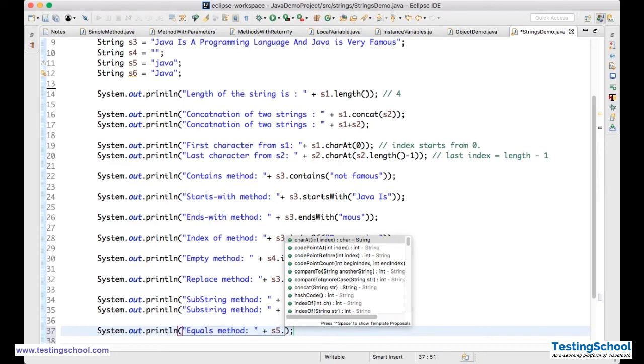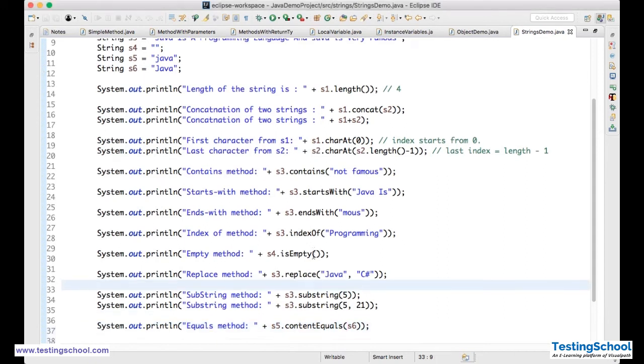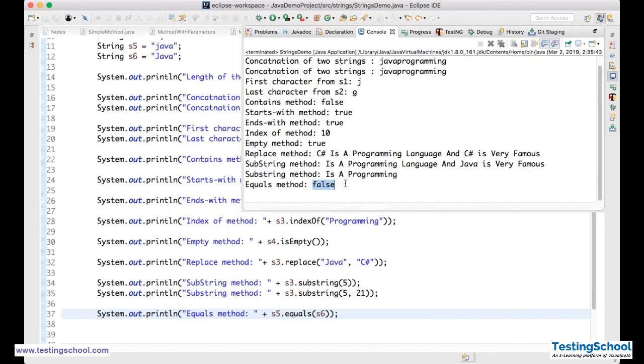S5 dot equals S6. Okay, S5 equals S6. Now, not content equals, it is equals. When I run this, false.